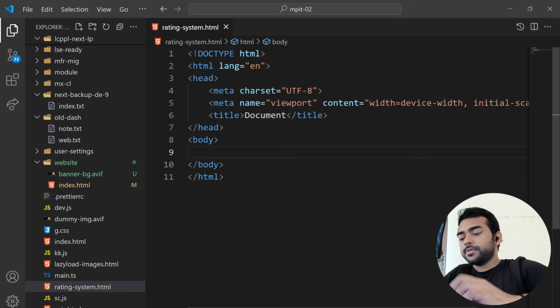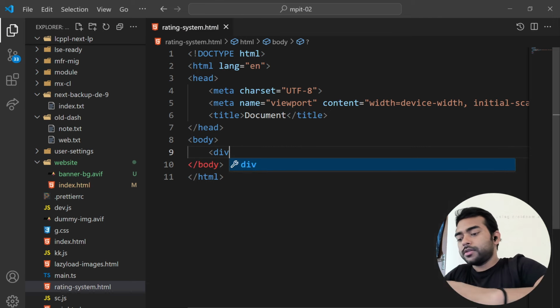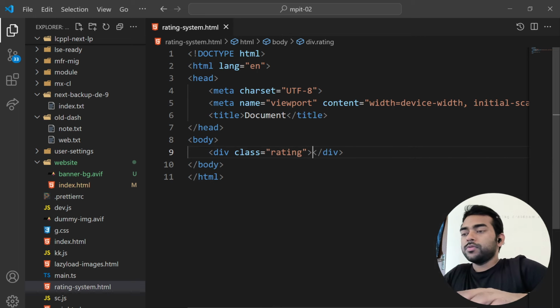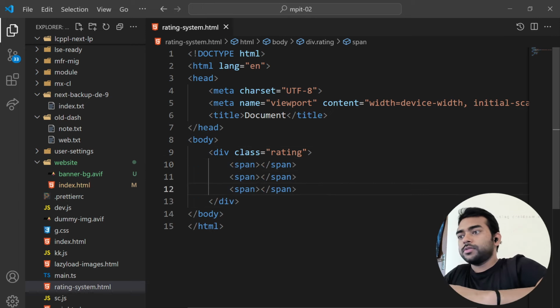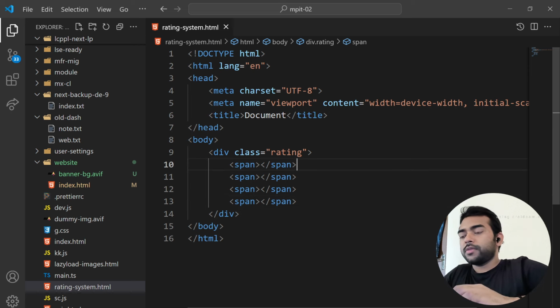Now here we are taking a div, and to the class name rating, and everything we are going to do in this container. And for showing stars, we want to add dynamic stars. So let's say we have span. Let's take 5 stars. We have the 5 stars, and